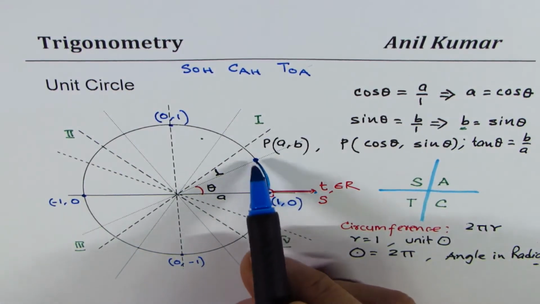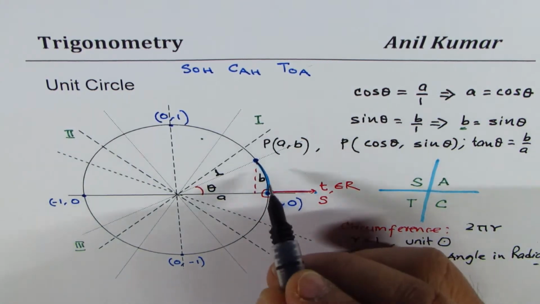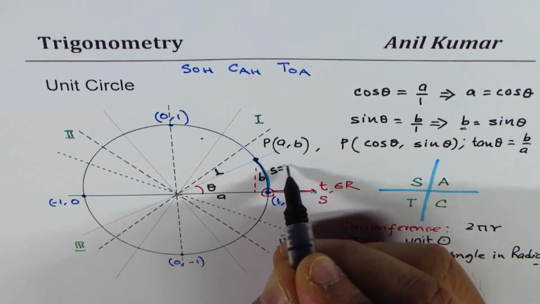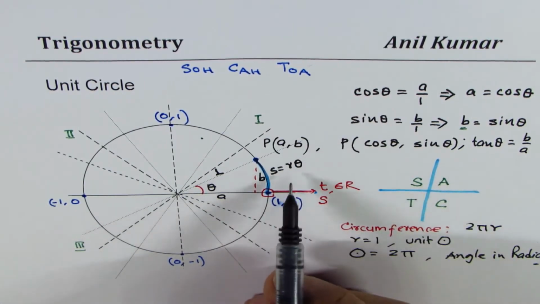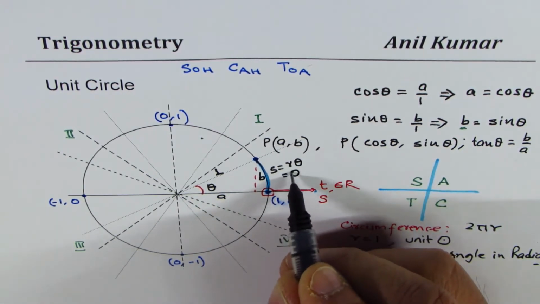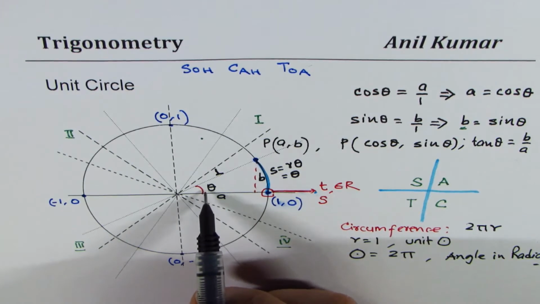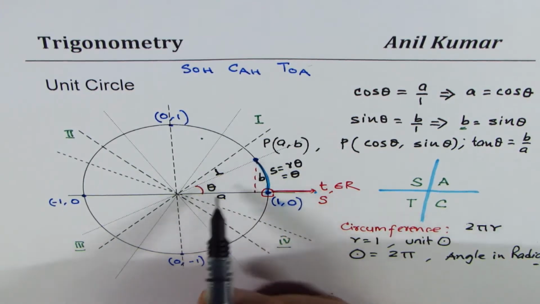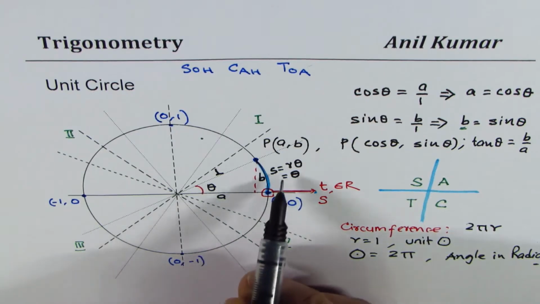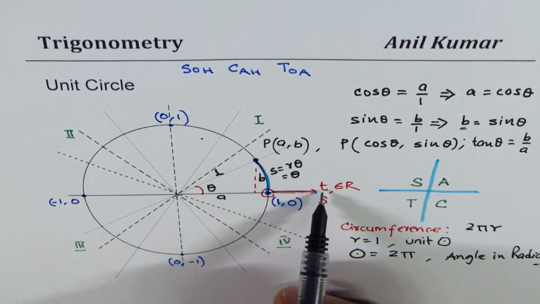Then along the arc of a unit circle, s will be equal to r theta, right? Since r is 1, s is equal to theta. Do you see that? So the arc length traveled is a reflection of the angle itself. Do you see that? S is equal to theta. But since s is the same as t,